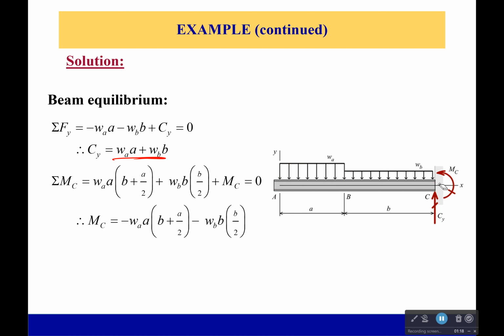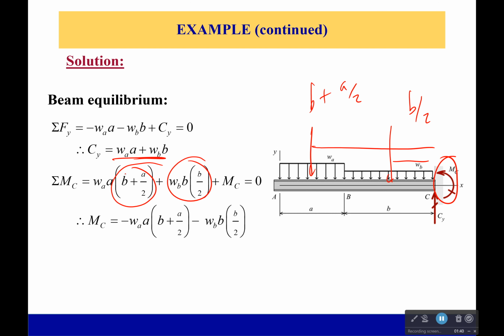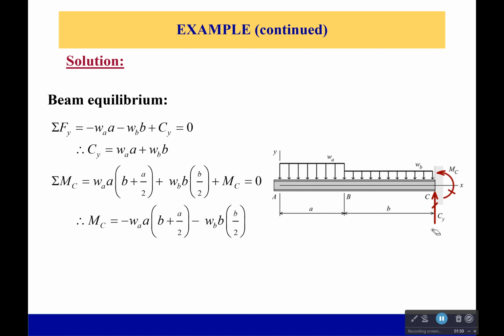Okay, how about the moment? Well, the moment's going to be equal to the moment at C, plus the force caused by this distributed load times the distance to it, which will be B plus A over 2, plus the force from this distributed load times the distance to it, which will simply be B over 2, which is what we see here and here. And then we solve and we get our moment C. I don't make you do many just analytical problems, if any. I prefer numbers, but it's good to see how you're doing this,